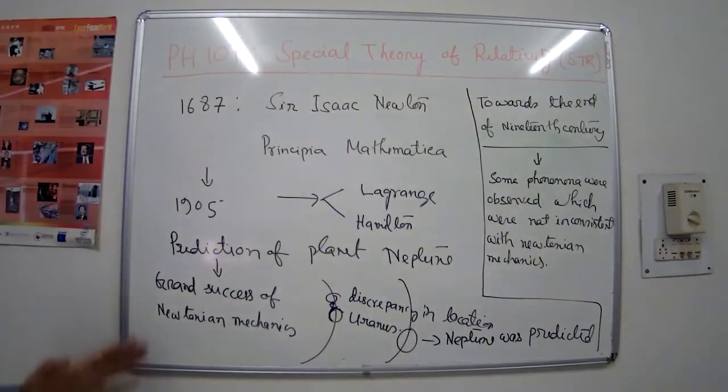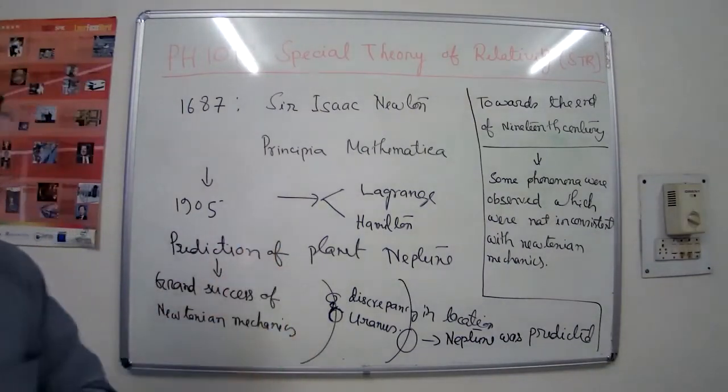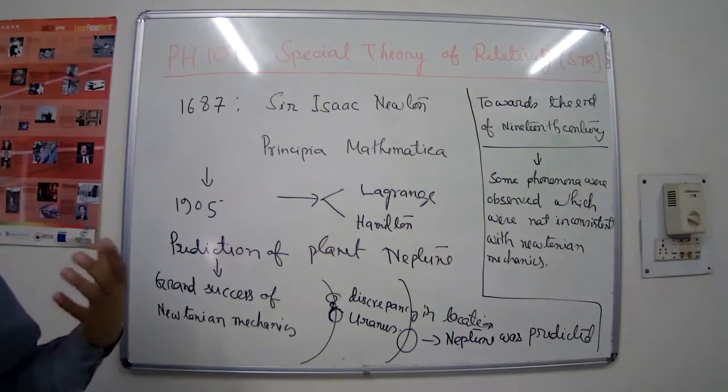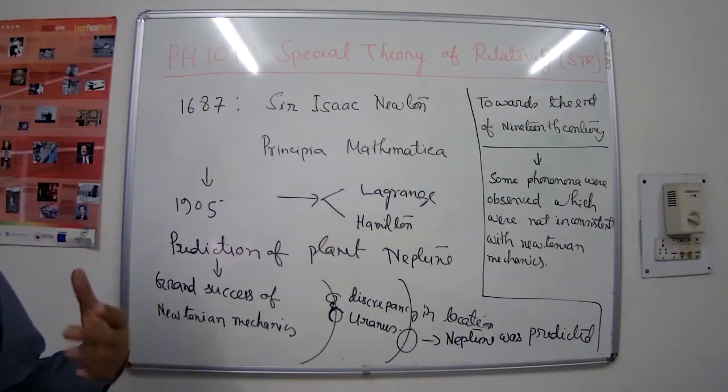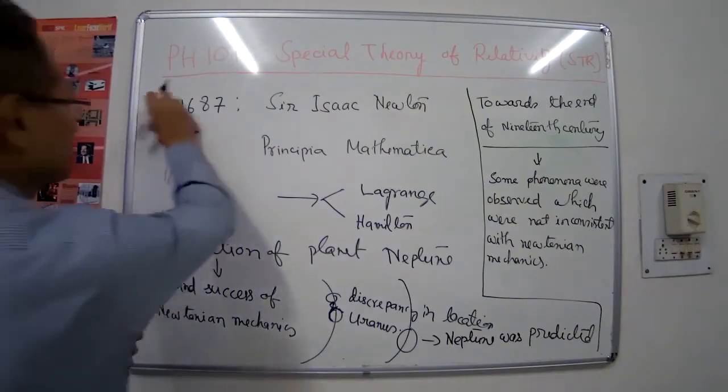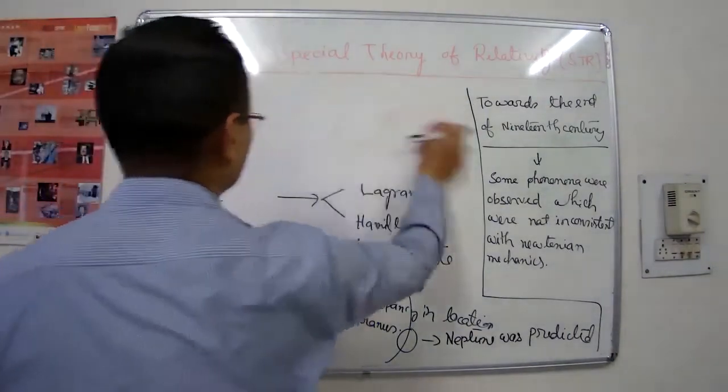So till towards the end of 19th century, everything was fine, and towards the end of 19th century, some discrepancy, some limitation of Newtonian mechanics has appeared, and it was the brilliance of